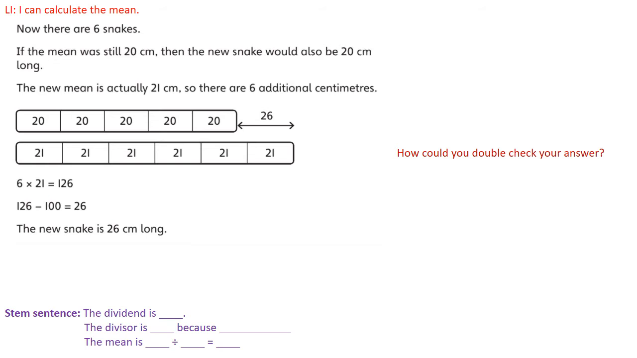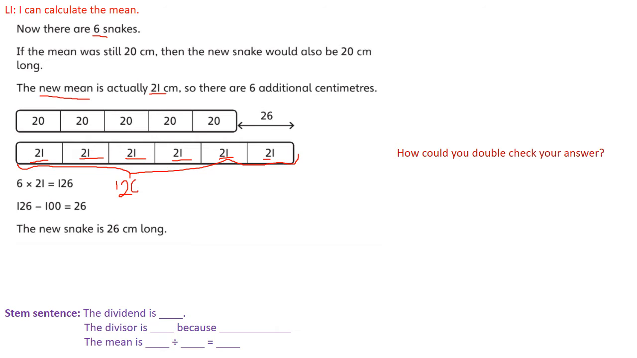So let's confirm what we've got. We've got 6 snakes. The new mean is 21 centimetres. So that means I've got 6 lots of 21, and that's going to give me the total length of those 6 snakes. So I can do a quick bit of multiplication. 6 times 21 is